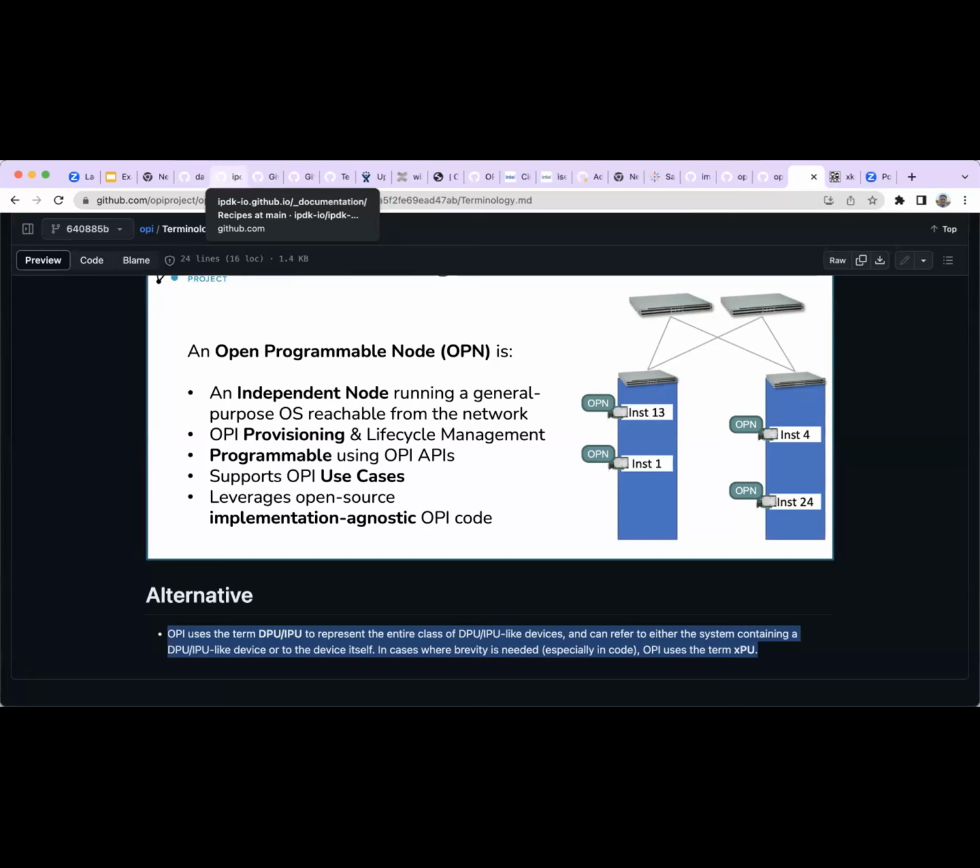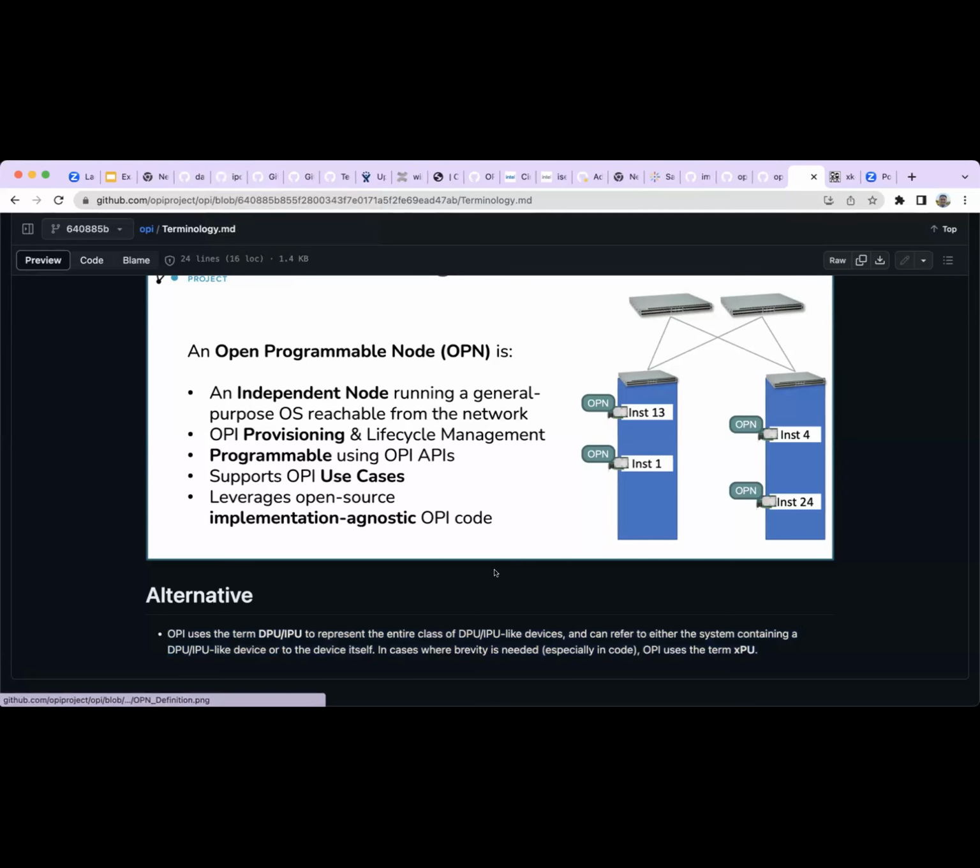Now, I guess we could use OPN in the code, replace all the XPU and all that, but that one's not going to be as obvious to me as using XPU in the code. And again, the other piece is we want to minimize the use of that term as much as possible. So you only use that term where you absolutely have to. There really aren't that many references to it. You can do the search in GitHub and see them, and you'll see there really aren't that many, right?